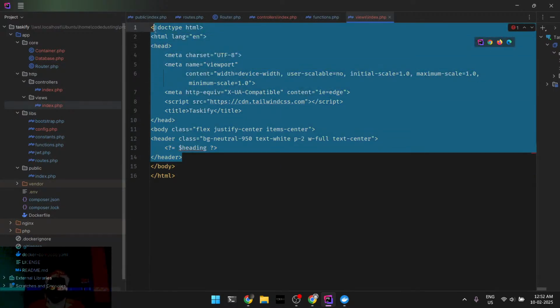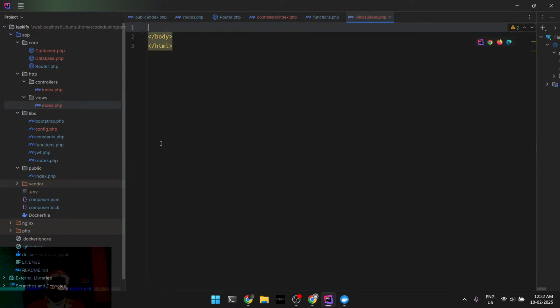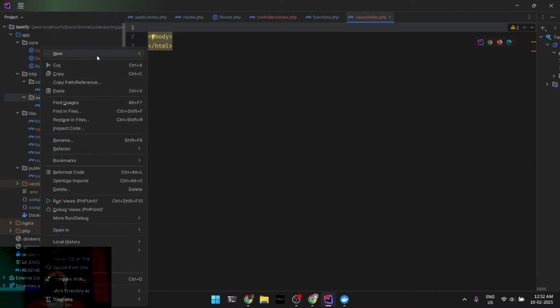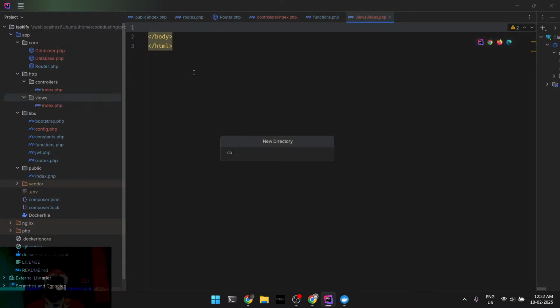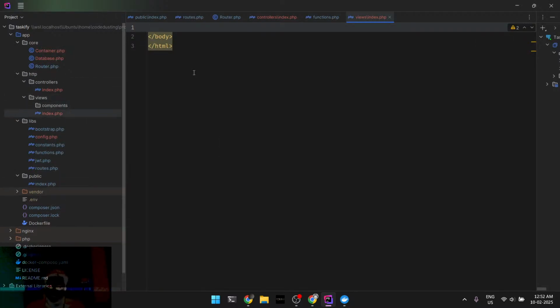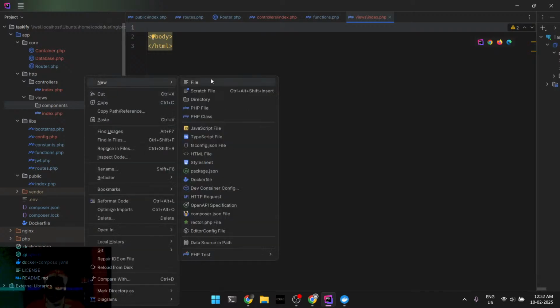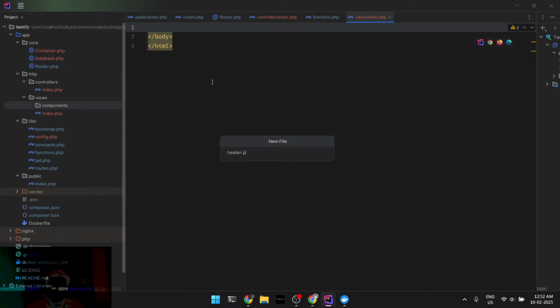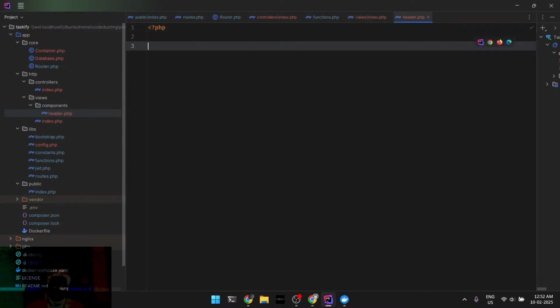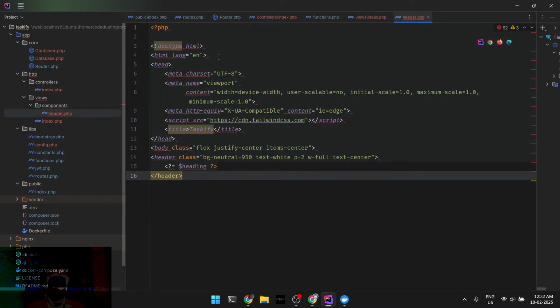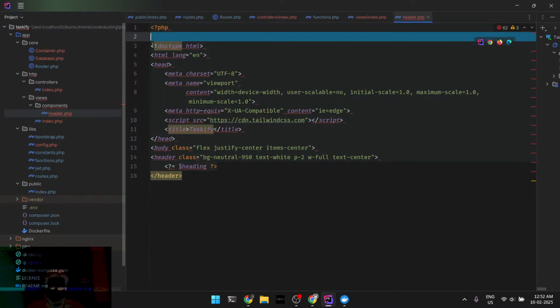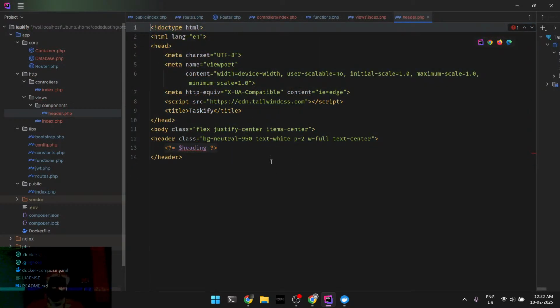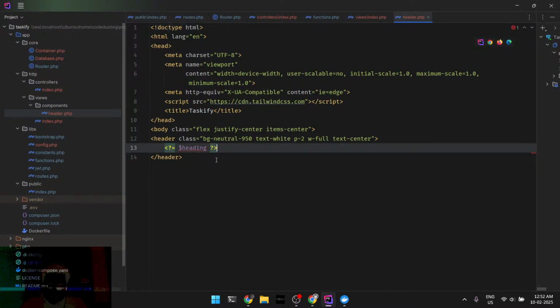So what I'll do is I'll just have this whole thing copied from here. Within the views, I will have another folder called components, and within that I will have a component called header.php, and it will be like so, like this. So that's one thing. And then what I'll have is